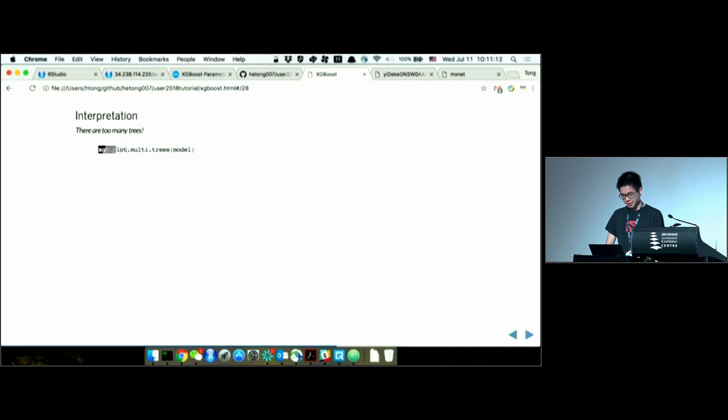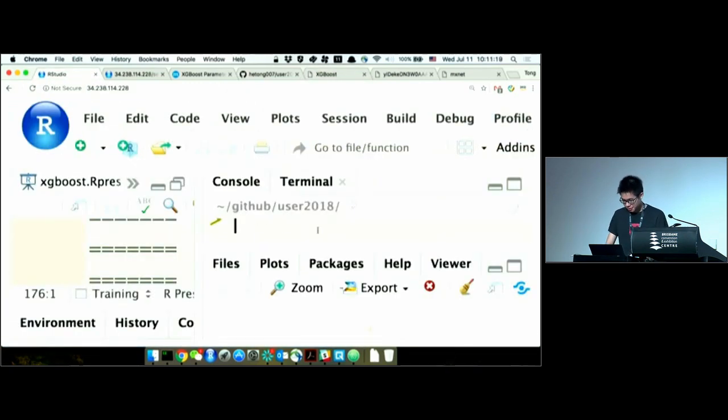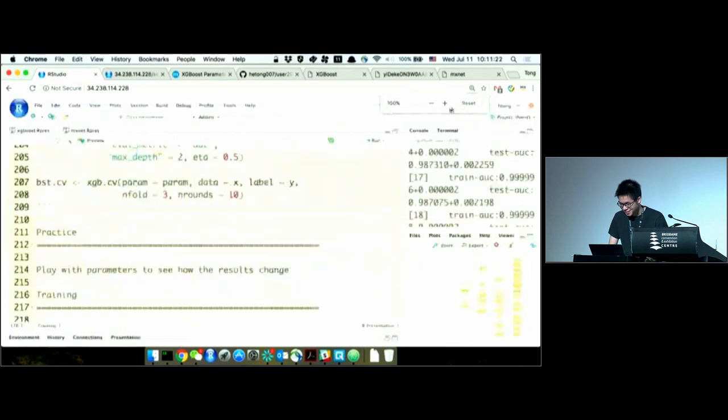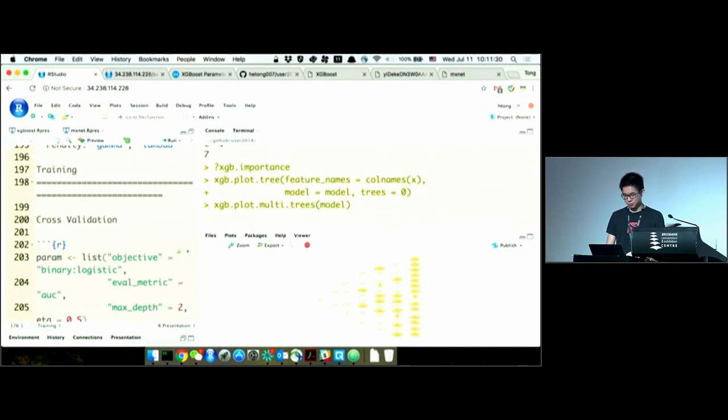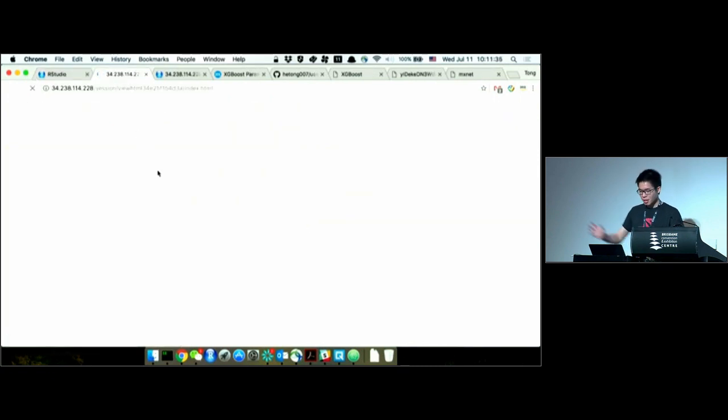There are too many trees. So inspired by one blog post we read in 2015, we've introduced one function called xgboost plot multi-trees. It is trying to merge multiple trees into one huge tree where every single node represents multiple possible features. So in this way it is even larger, but we'll just look at the